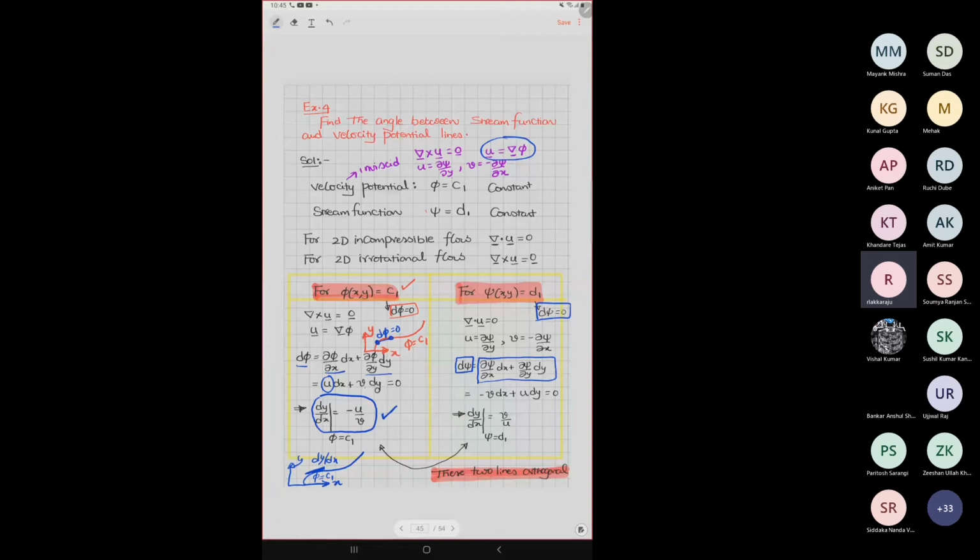Del psi by del x, already we have seen, is minus v. So minus v dx. And del psi by del y is u dy. So if I rearrange, dy by dx on the line psi is equal to d1 is v by u. That means on the xy plane, if I am going to draw with two different colors,